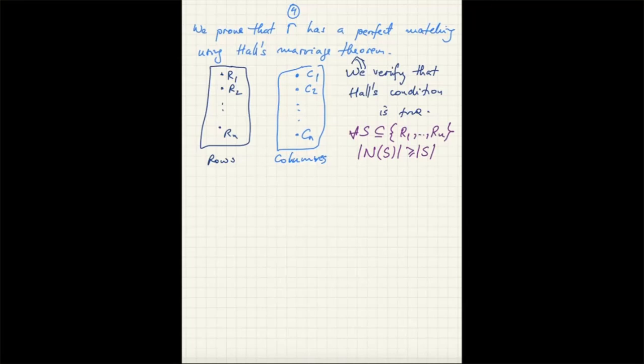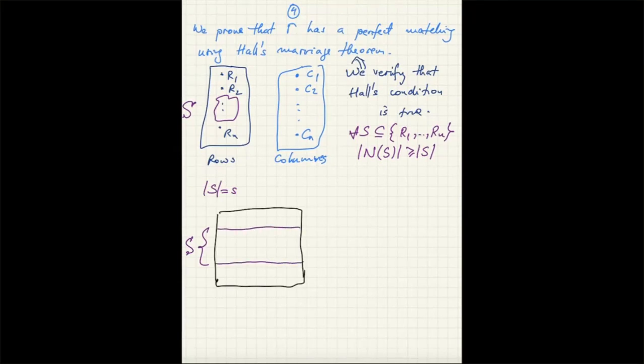Okay, so we take here some subset S. So we have some rows in this subset. Let's say the cardinality of S equals S. If you want to think in terms of matrices, that's also helpful here. So we have this square matrix, and we can pick a subset of S of these rows. Now, these rows don't have to be consecutive like I draw them here, but just for the sake of a picture, it's easier to draw them that way. So that's a subset